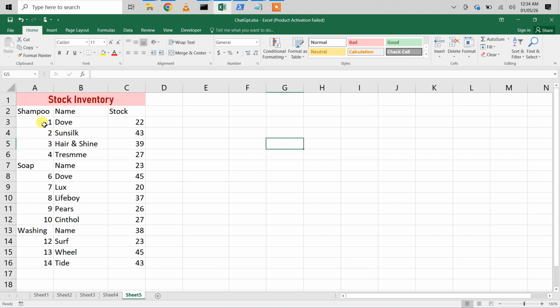Welcome back office executives. In this video I will be showing you how to give numbering to cells which are not adjacent to each other. So here the cells which are being shown are not adjacent to each other. If I just write 1 and then drag all the way across to the